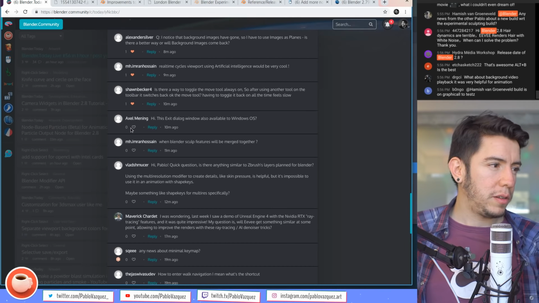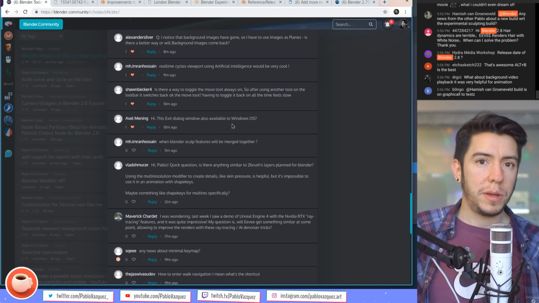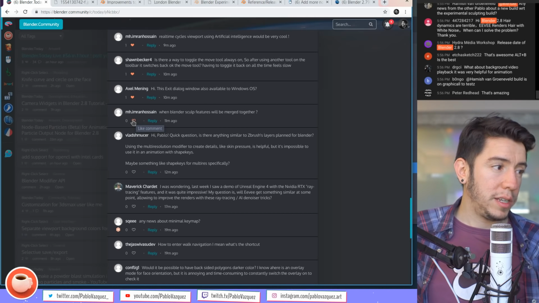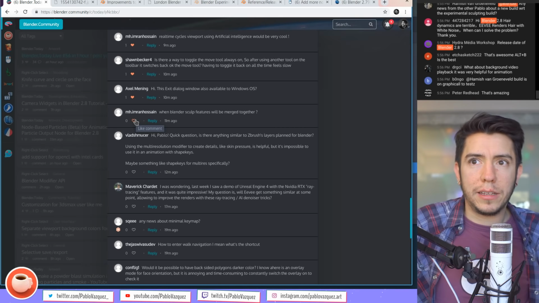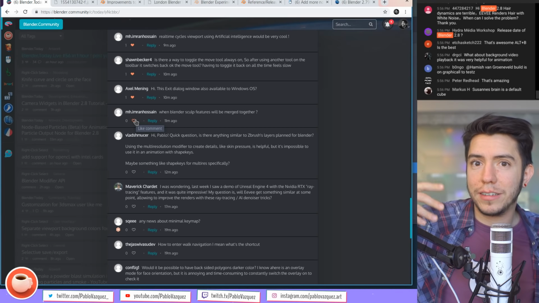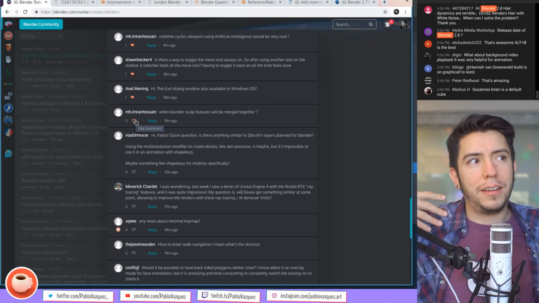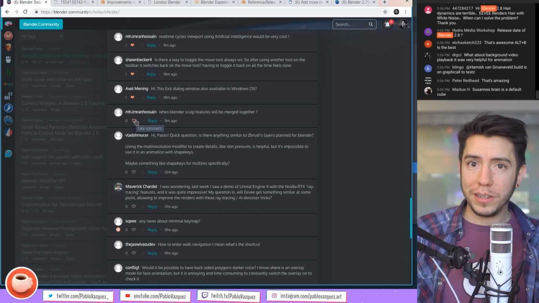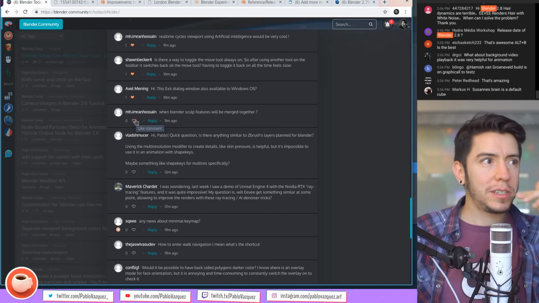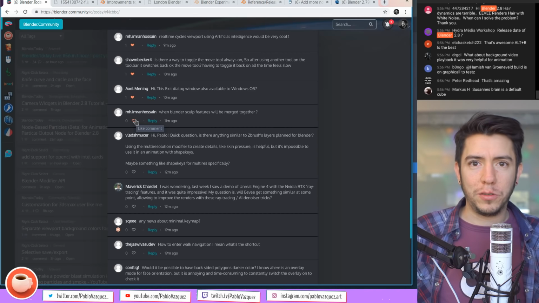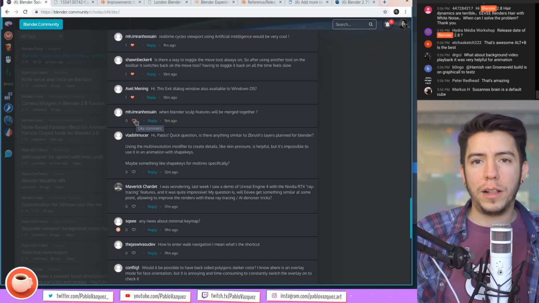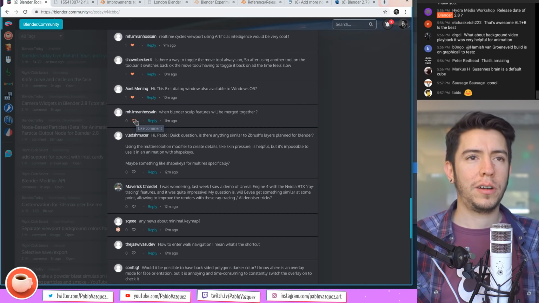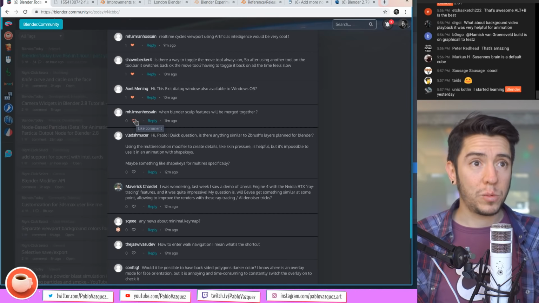Is this exit dialog window also available on Windows? No, that's what I just mentioned at the beginning. There is a patch, but there is work in progress. Will the Blender sculpt features be merged together? Yes, it will be merged, but not everything, I guess, or everything if it meets the development standards. It's easy to add a feature, but hard to make it work well with the rest of Blender and be performant. Some features are not so complicated to add and show off, and they work well on a monkey. But what if you had a super complex scene or multiple objects? That's why the developers are